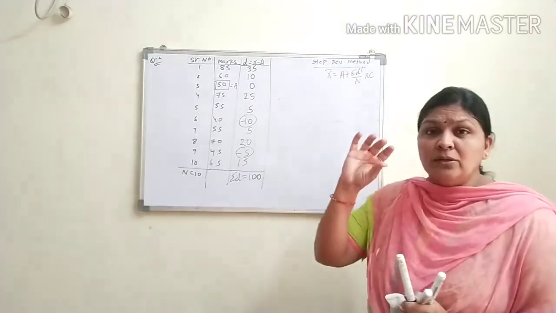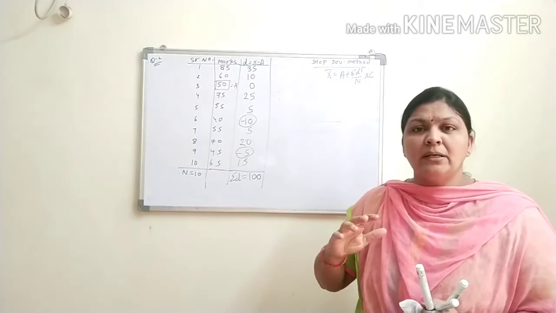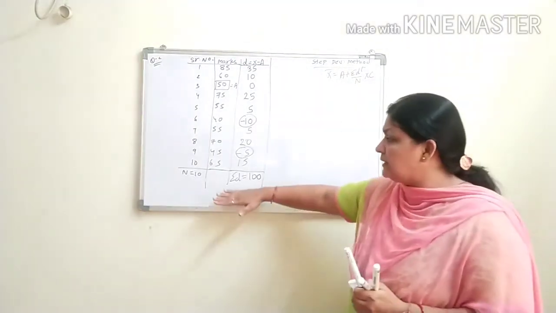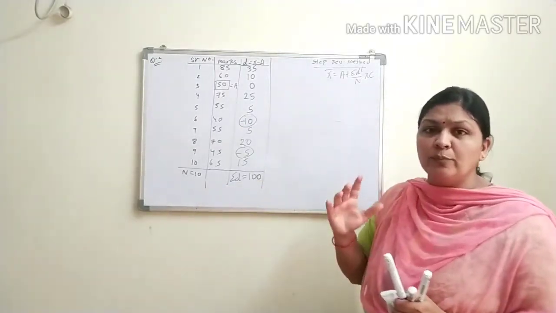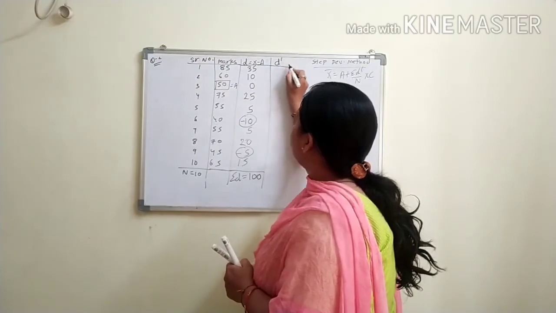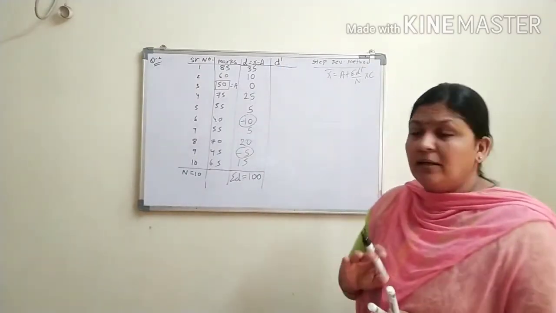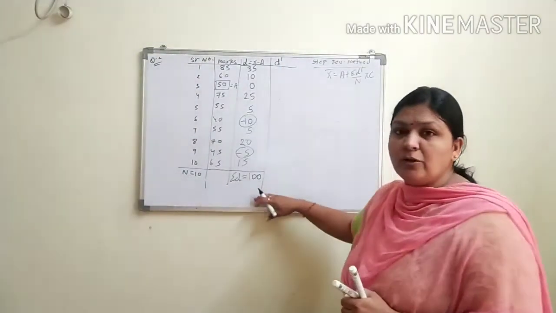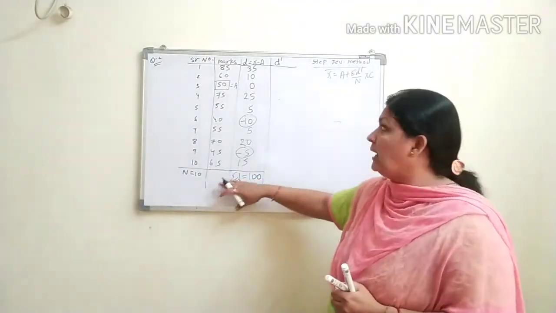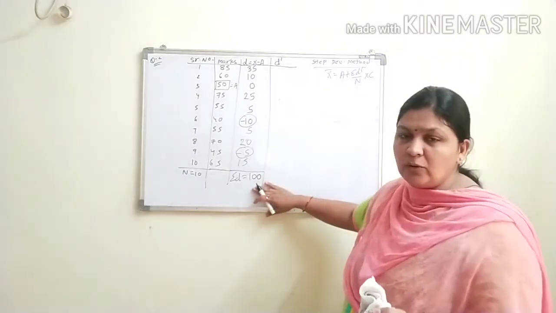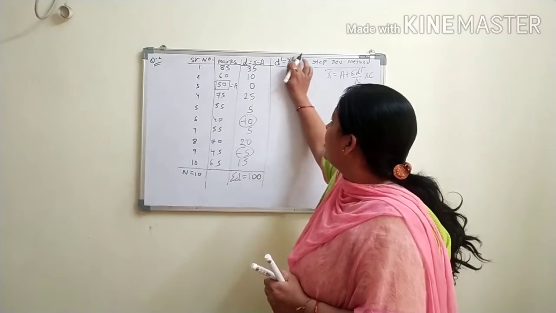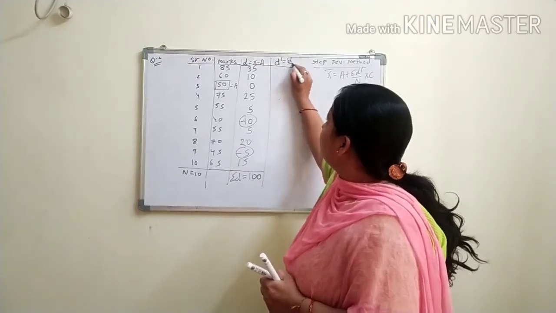This students, shortcut method is a पार्ट ऑफ द स्टेप डेविएशन मेथड, मतलब हमने ये शॉर्टकट मेथड का यहाँ तक डी एज्यूम बना रखा है, तो यू जस्ट मेक द वन मोर कॉलम, इट इज कॉल्ड डी डैश. क्लियर? दिस मच इज ऑल्सो द पार्ट ऑफ द स्टेप डेविएशन. स्टेप डेविएशन में अगेन आपको ये लिखना है, मार्क्स लिखने हैं, डी लिखना है, डी फाइंड आउट करना है. नाउ डी डैश, तो व्हाट इज द डी डैश? डी अपॉन सी.